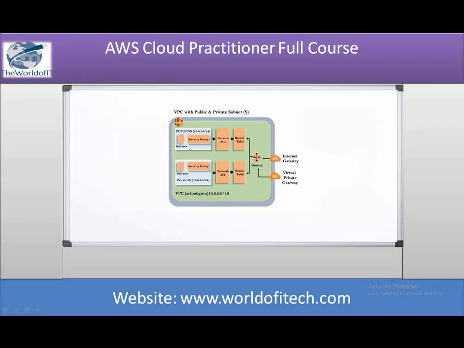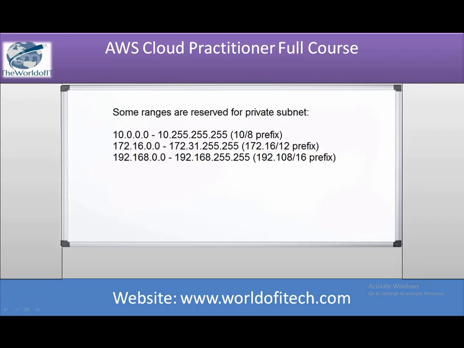It has two subnets, that is public and private subnet. In the public subnet, the internet is accessible by an EC2 instance, but in the private subnet, an EC2 instance cannot access the internet on its own. We can connect the instances. To connect an instance, move over to the public subnet and then SSH to the private subnet. This is known as a jump box, and this way we can connect an instance in the public subnet to an instance in the private subnet. Some ranges are reserved for private subnets: